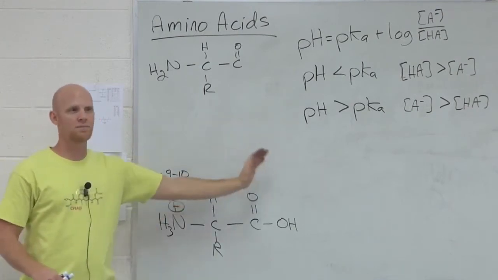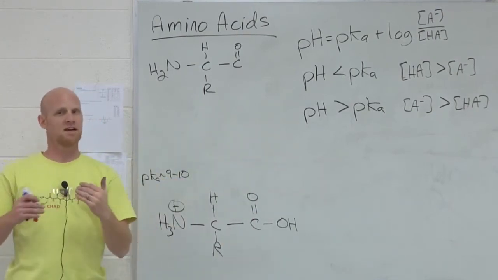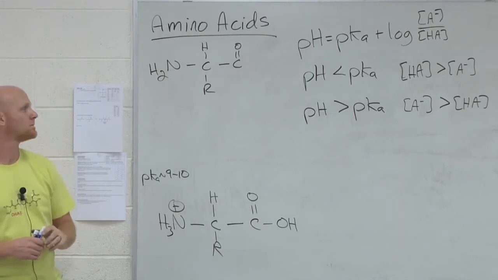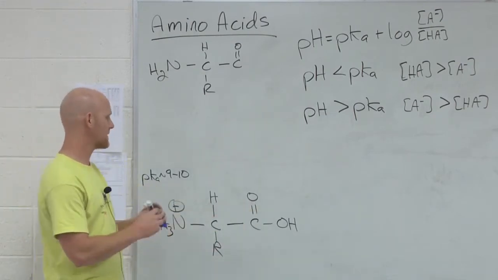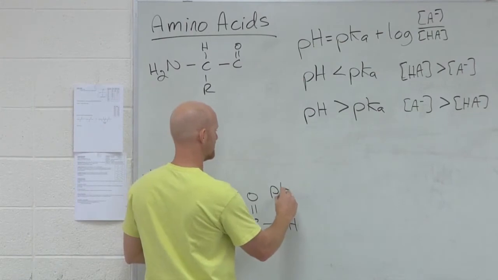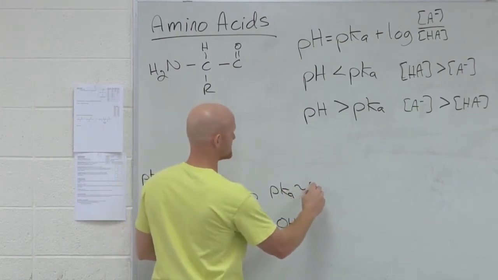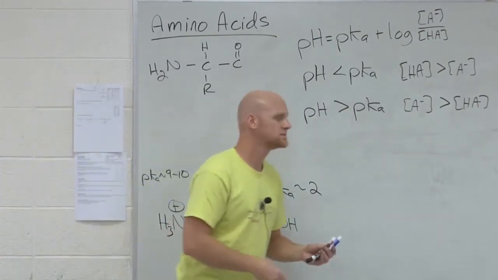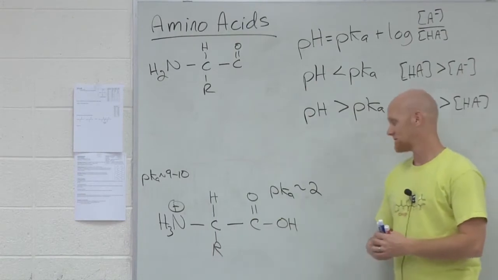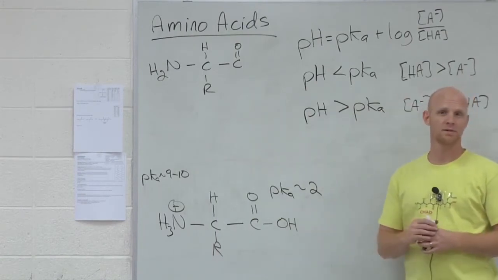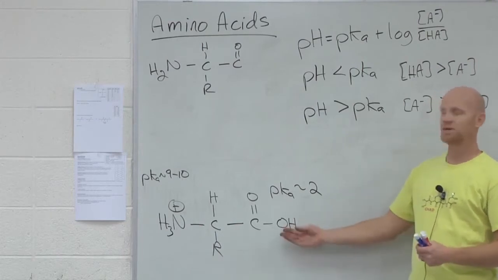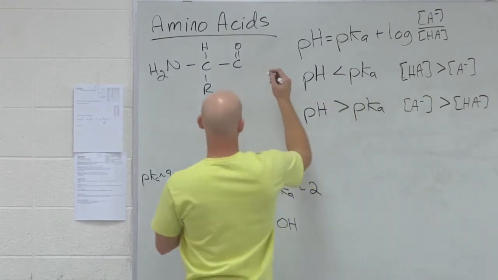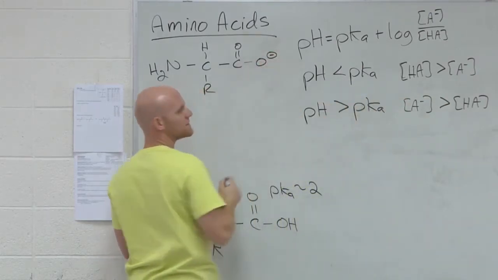Now, once we put 3 pKa's in the same molecule, it gets more confusing. But in principle, you can examine them one at a time, and it is as simple as that. So let's look at the carboxylic acid group here. What's the pKa of a carboxylic acid group? About 2. And so if the pH was exactly 2 in my solution, then what would be true about this carboxyl group? Half of it would be in this conjugate acid form, and half would be in the conjugate base form. So I'm going to draw that conjugate base form. For a carboxylic acid, the conjugate base is a